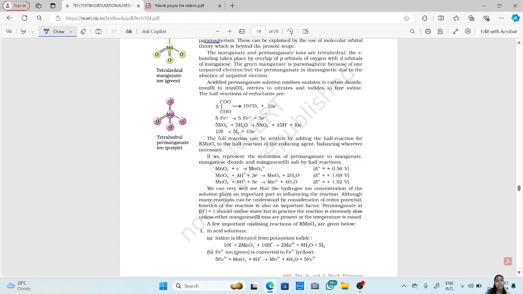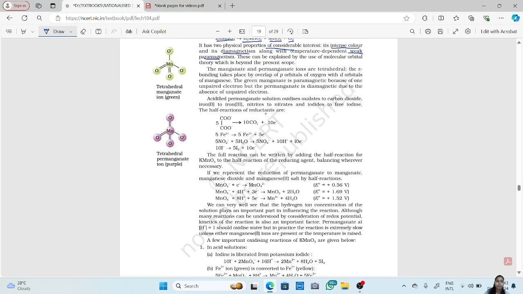Now, the magnetic properties. The manganate and permanganate ions are tetrahedral, and pi bonding takes place by overlap of p orbitals of oxygen and d orbitals of manganese. Both manganate and permanganate have a similar tetrahedral structure. You can see both structures are the same. And the pi bond, the double bond, is formed by the overlapping of p orbitals of oxygen